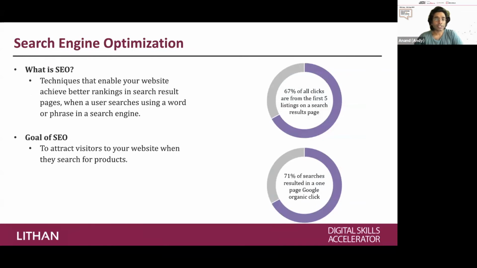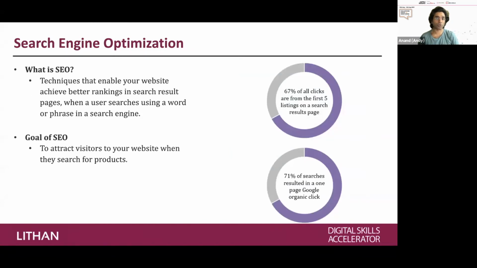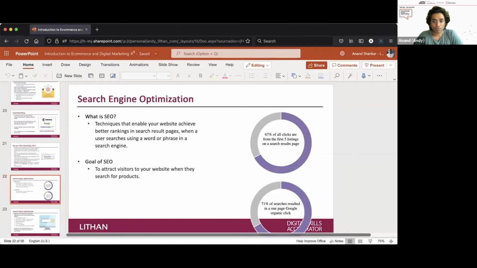But it usually takes, as I said, I'm not sure if I shared this with you earlier, about 6 to 7 months to do a good job in terms of search engine optimization, because there are a lot of different factors that you need to keep in mind. But having said that, search engine optimization has got its own benefits. One of the benefits is